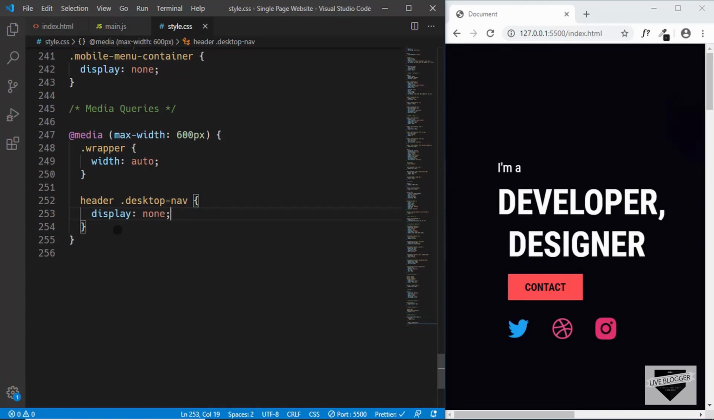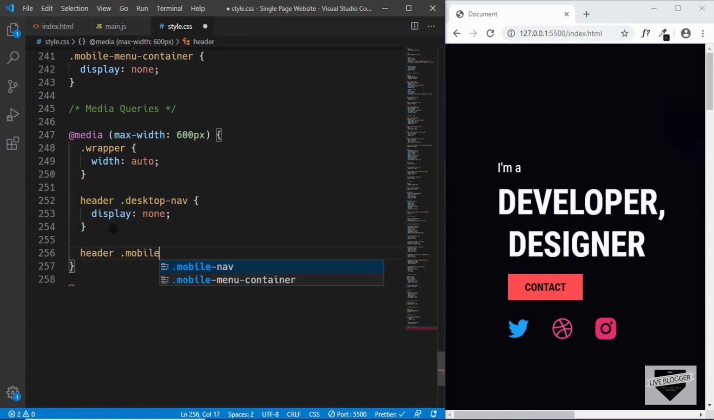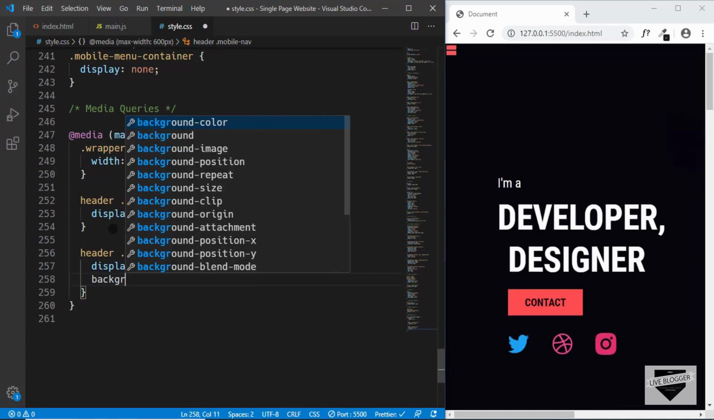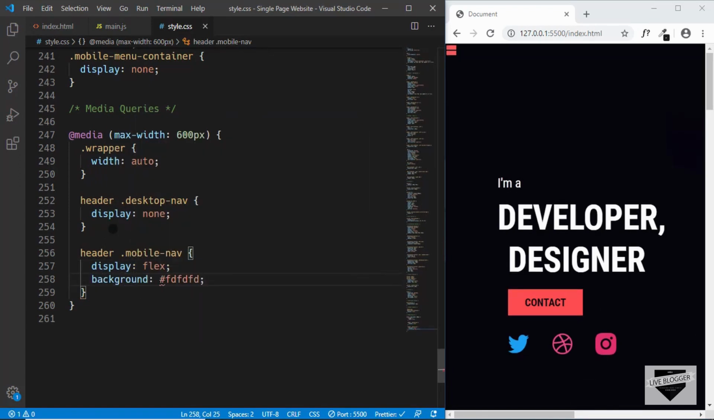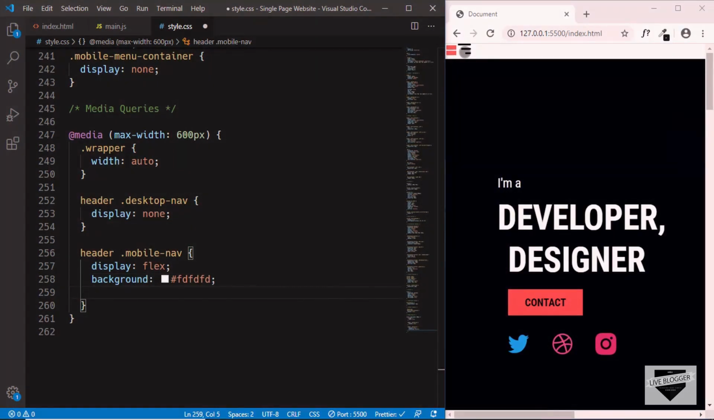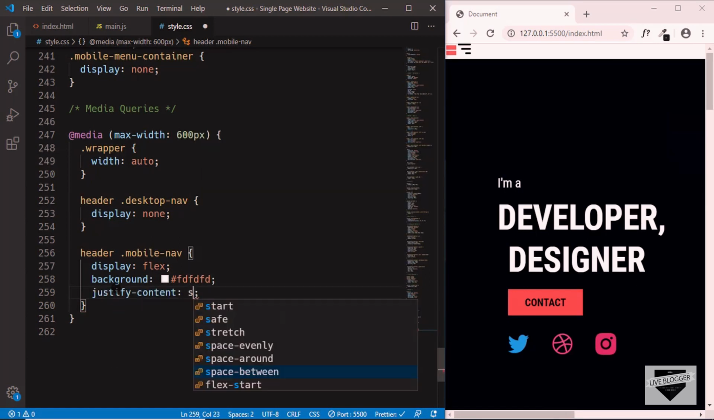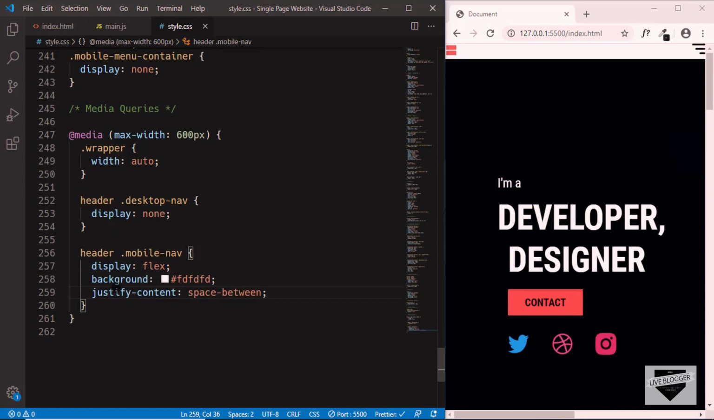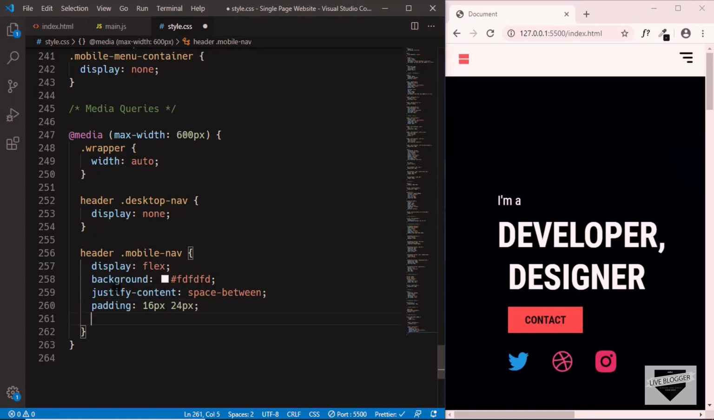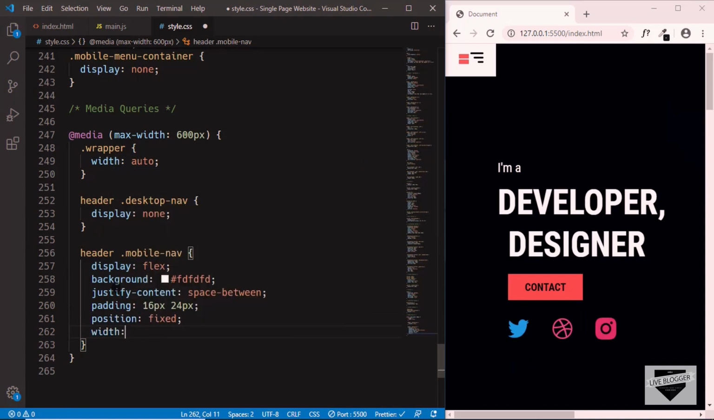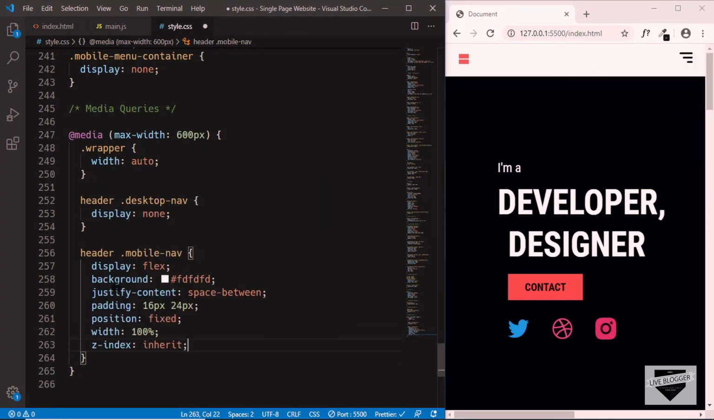The next thing we'll do is display our mobile navigation. So we'll type header mobile nav, and we'll set it to display flex, and set the background to FD. And now we need to display the logo on the left side, and this menu icon on the right side. So we'll type justify content space between, and we'll also give a padding of 16 pixels for top and bottom, 24 pixels for left and right, and we'll set the position to fixed, and we'll also give a width of 100%, and we'll set the z index to 400 so that it will always be on the top,